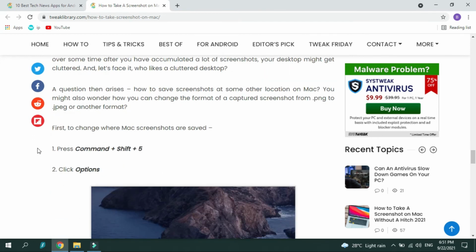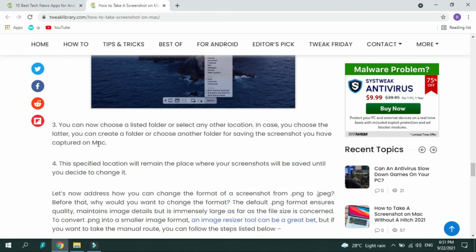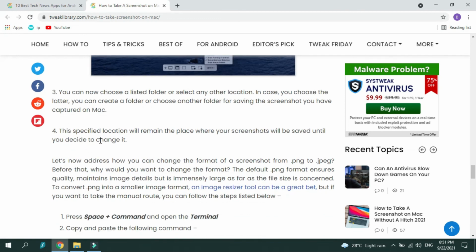Number 1. Press Command plus Shift plus 5. Number 2. Click Options. Number 3. You can now choose a listed folder or select any other location.